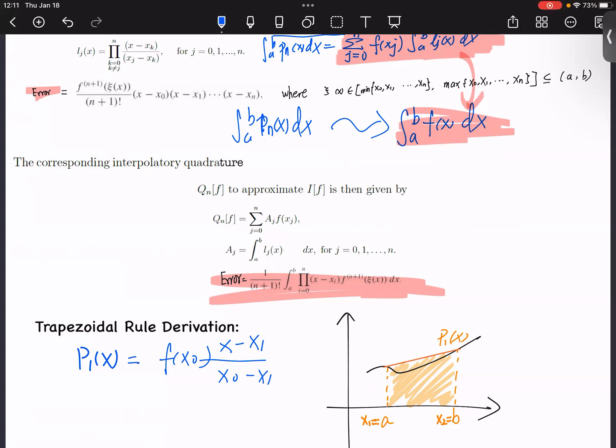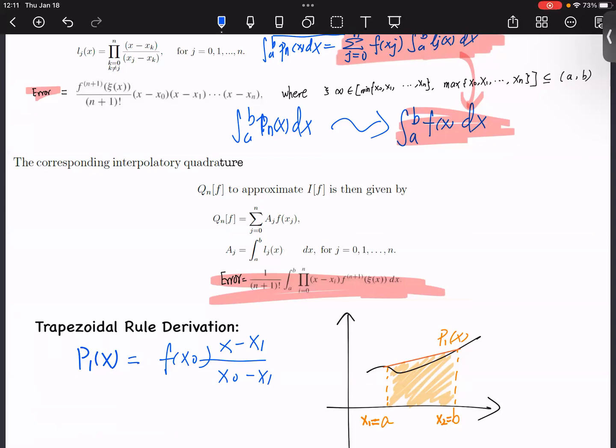Let's see, it's the xk here. This is xj, so this one is x0, this is x1, and this is x1. We cannot let k be 0 because the j here is just 0. So k does not equal 0. So we have such a formula for L0(x),